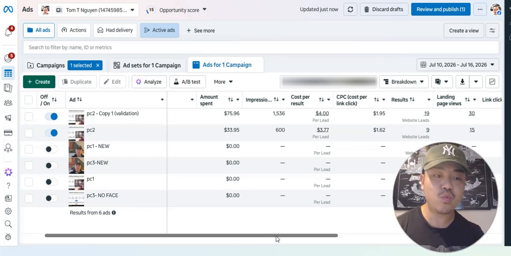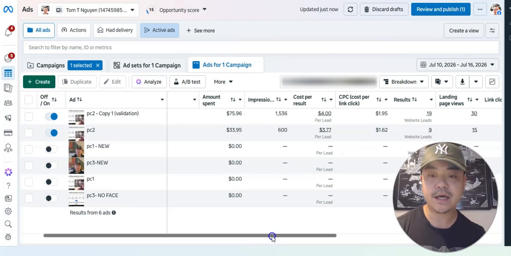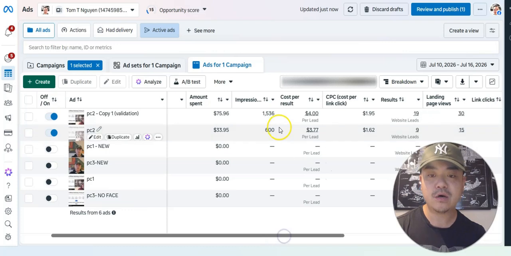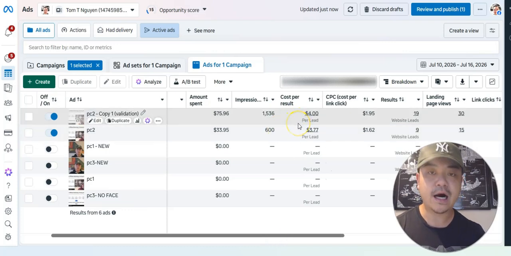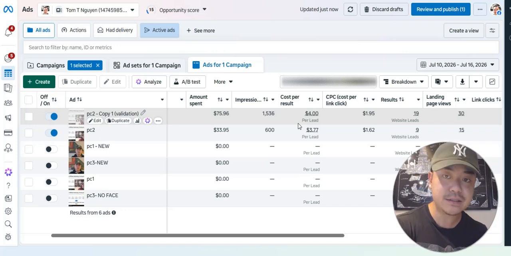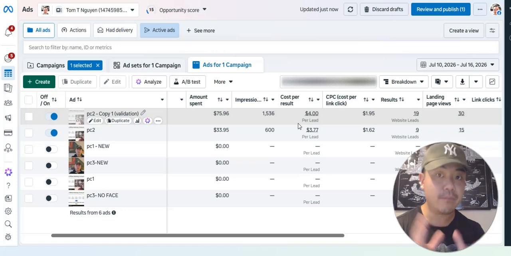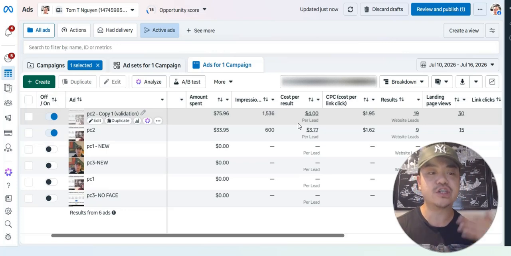The main reason why I didn't turn off these ads, okay, so this is for 7 days. Okay, so pay close attention. When it comes towards cost per lead, I pay attention towards anything that is $5 and below. That is healthy, okay? Especially if you're targeting buyers, they will be a little bit more expensive. But my main goal in this video is to show you the KPIs, which is crucial, okay? So I'll be teaching you how to set these columns as well.